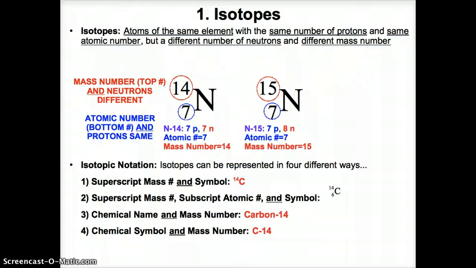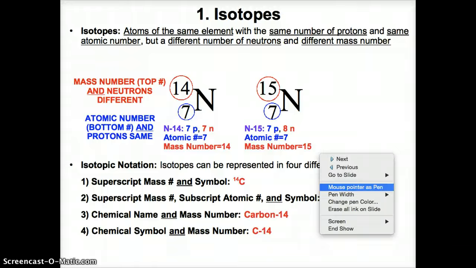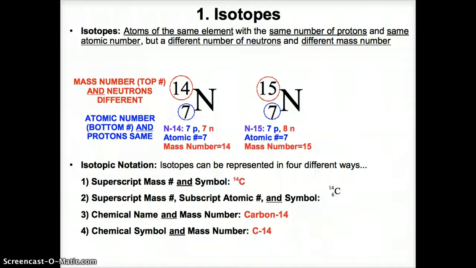Now let's discuss isotopic notation, or 4 ways in which isotopes can be written or represented in chemistry. Let's use the example of the isotope carbon-14. The first way to represent an isotope is to write a superscript as the mass number, and then follow that up by the element symbol. So for carbon-14, write the superscript 14 first to represent the mass number 14 for carbon-14, and follow that up with the symbol C to represent the